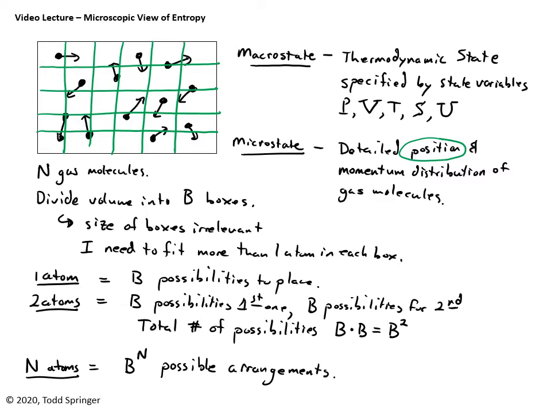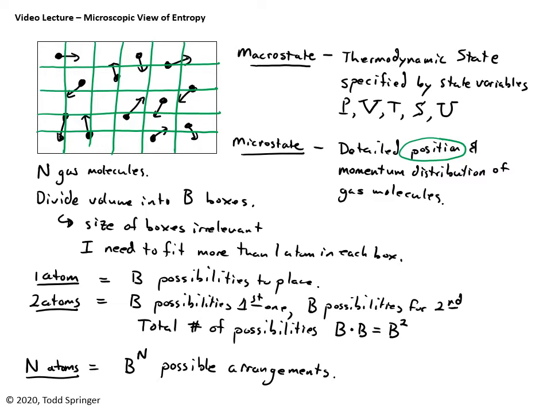By the way, when we were thinking about whether the atoms were on the left side or the right side, B was 2. I had divided the box into 2 pieces, and the number of possible arrangements was 2 to the n. We did it for 4 atoms, and we got 16 possible arrangements. That's 2 to the 4 is 16, right? So this is just doing that same thing again, except I'm having more divisions, not dividing left and right, but dividing into a bunch of pieces. And this is the total number of ways that I can arrange the atoms.